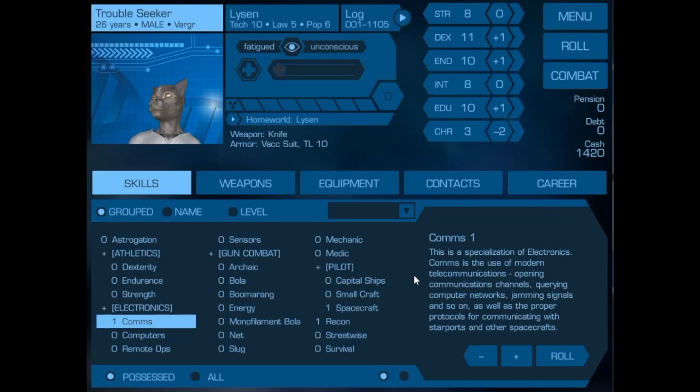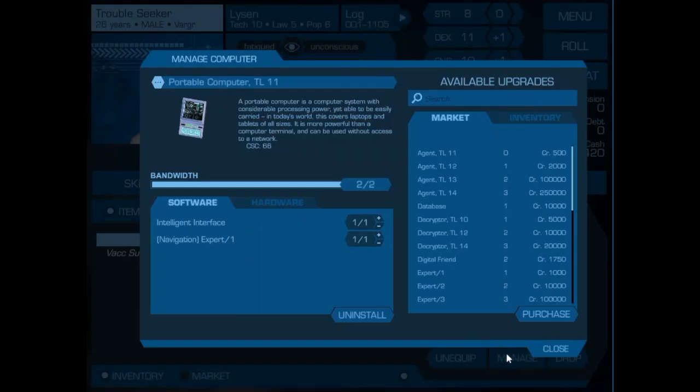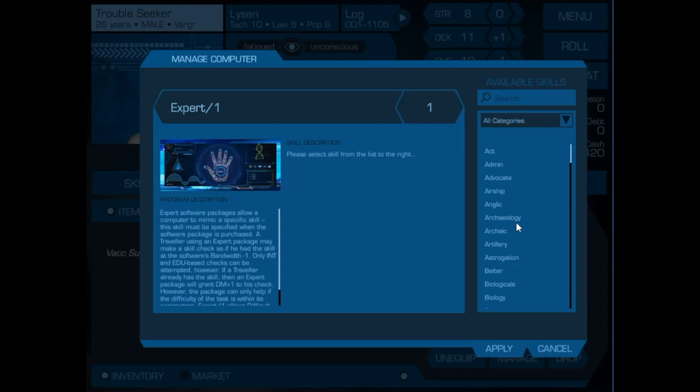So, now it's time for Trouble Seeker to start his adventuring career. He's linked up with an old friend, Fang, who was an assault marine, and they're going to go fight some pirates. So, we need to get better equipment for what we're about to do. Now, he decides that he needs to improve his ability on the comms, so we'll go and buy an expert system, and we will install it, and